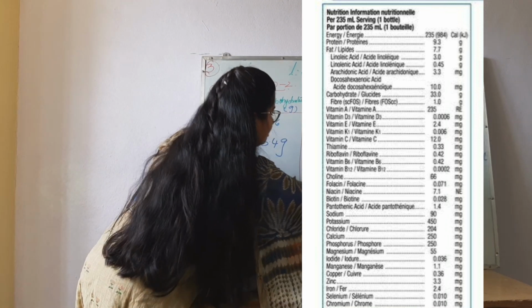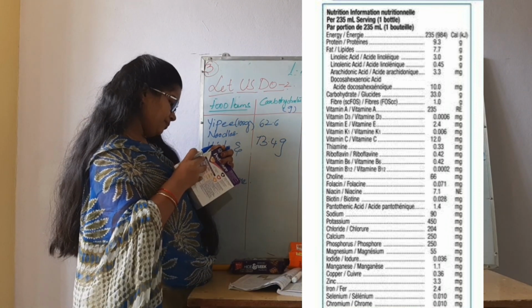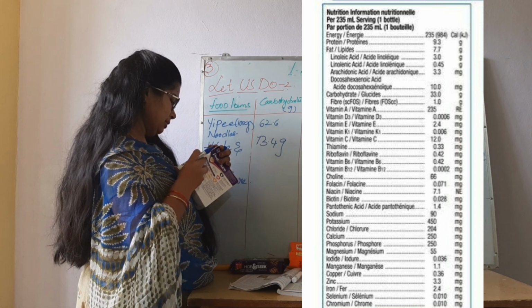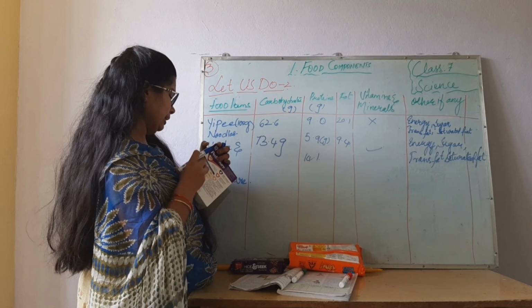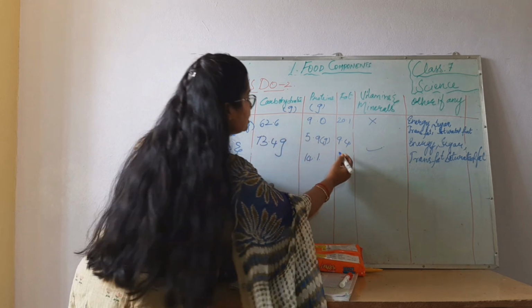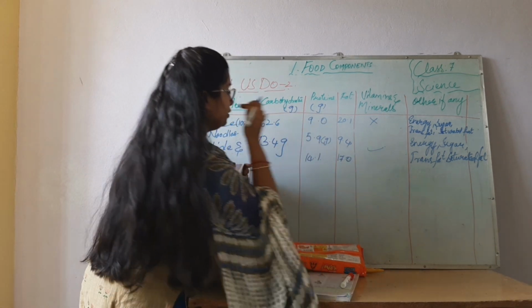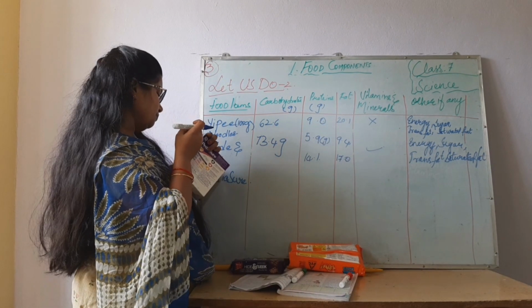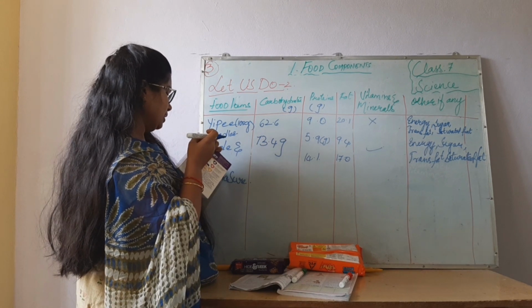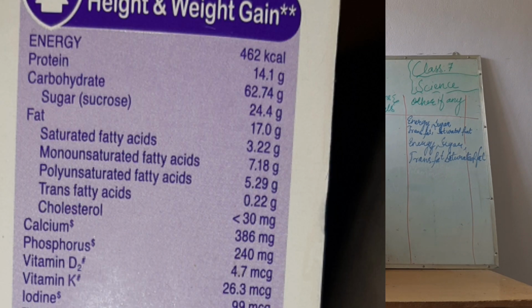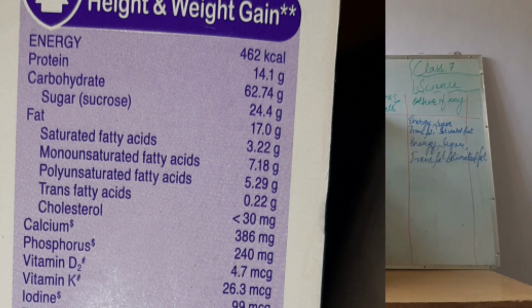Yes, given. Fats, saturated fats are there. Yeah, saturated fat is there. Fat is there separately. 17.0 fat grams you are going to get. And next, your carbohydrates. How much carbohydrates you are going to get? 62.74. 62.74 grams of carbohydrates. Let us write here so that we do not have to write grams again.